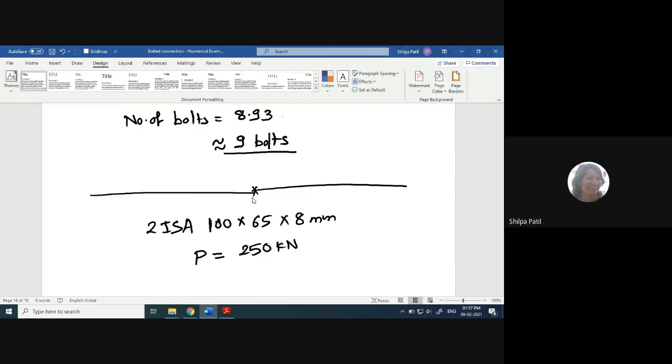Obviously when we go for a double angle section, the number of shearing planes increases. So NN and NS values will change, and your VDSB values will change. As the thickness is the same, the DPB value will not change, but the VDSB value will, and accordingly your number of bolts will change. Solve this problem as homework. Tomorrow I will definitely ask how many bolts you calculated for this problem. Is it clear, everybody?